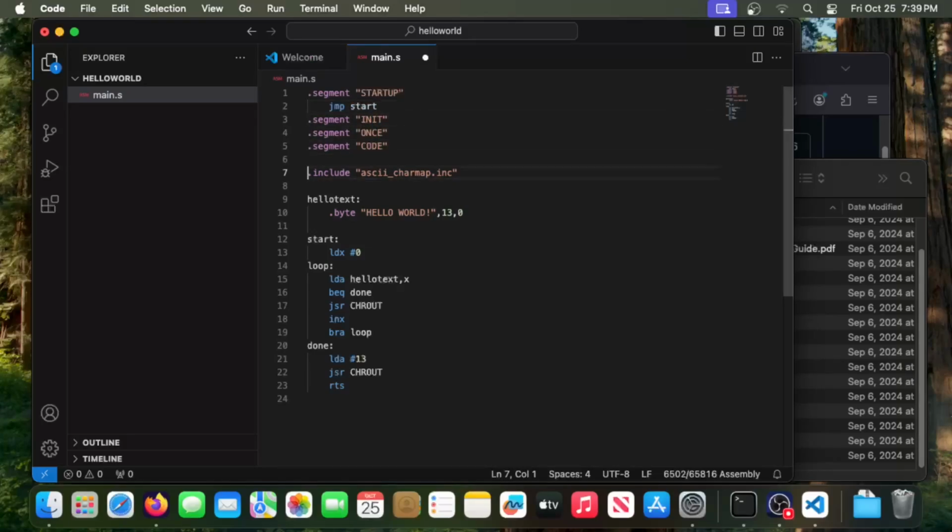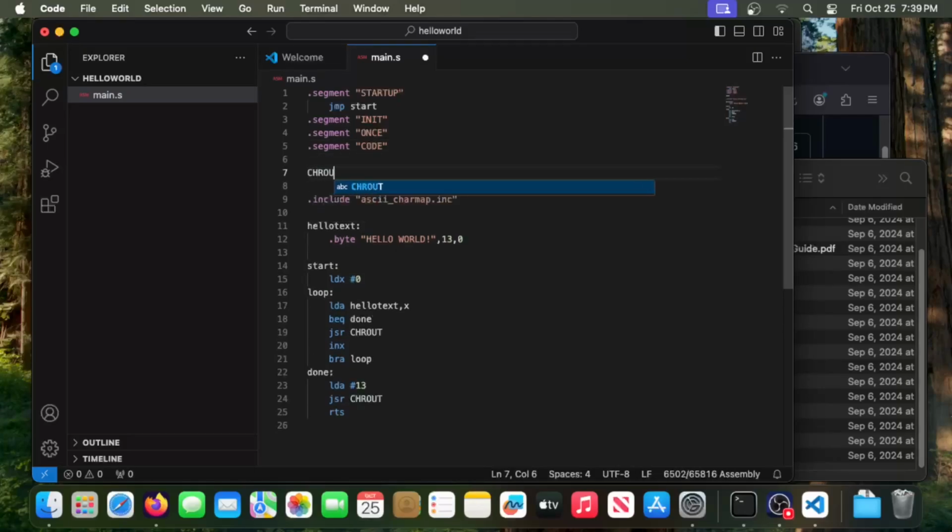In this example, we are using one kernel call, chrout. Normally, we use an include file with all of the API call names, but for this simple program, we'll just define the one we need as a constant. Don't worry if you don't quite follow what is happening here in the assembly code. This is just an exercise to verify that everything is working as expected at this stage.